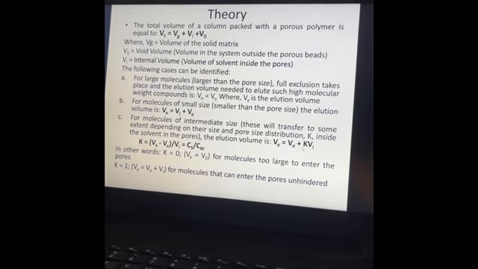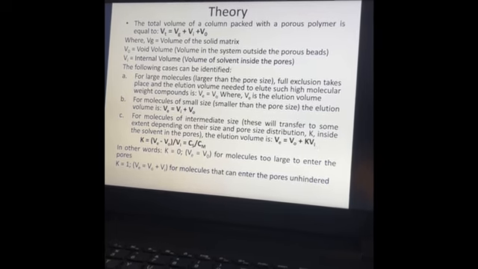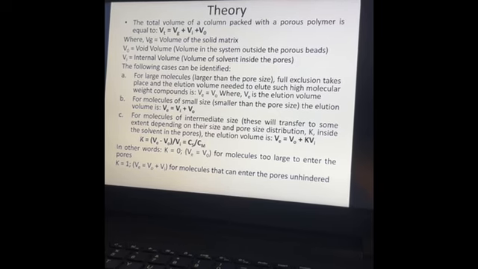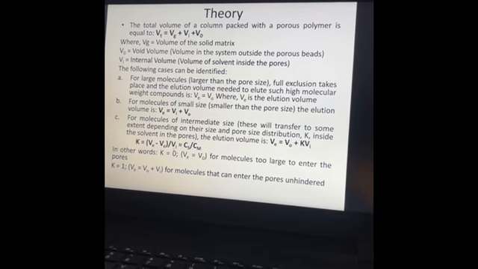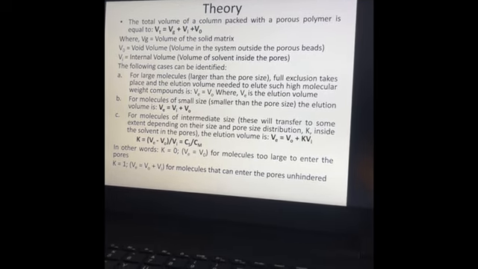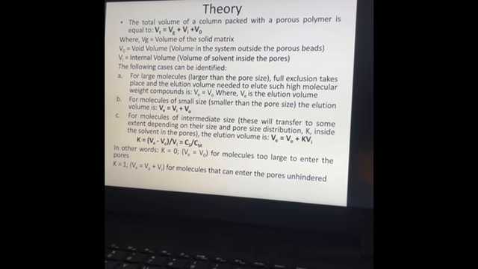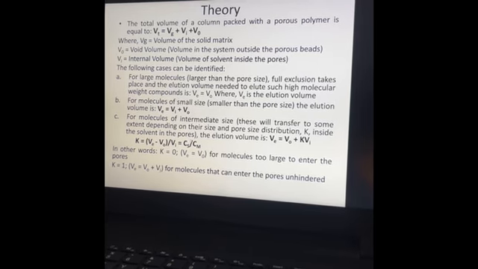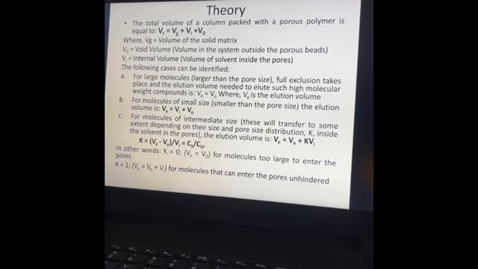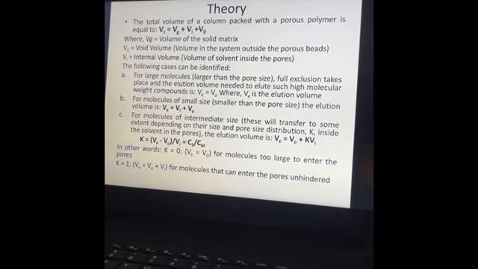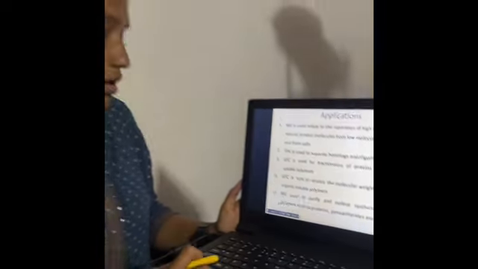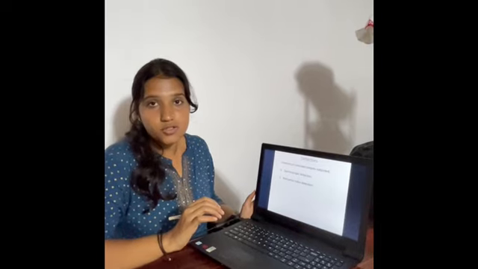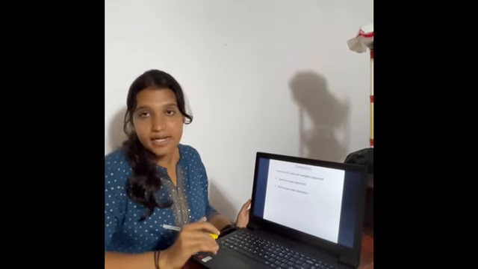K is the selectivity constant, and Vi is the inside volume. Then we can show the equation as K is equal to Ve minus Vo divided by Vi, which is equal to Cs divided by Cm. Cs indicates the concentration of the solute in the stationary phase, and Cm is the concentration of solute in the mobile phase. Detectors used in size exclusion chromatography are spectroscopic detectors and refractive index